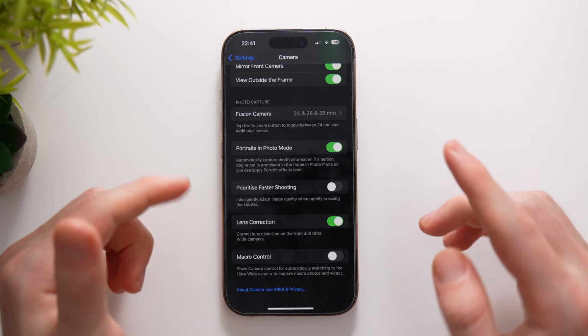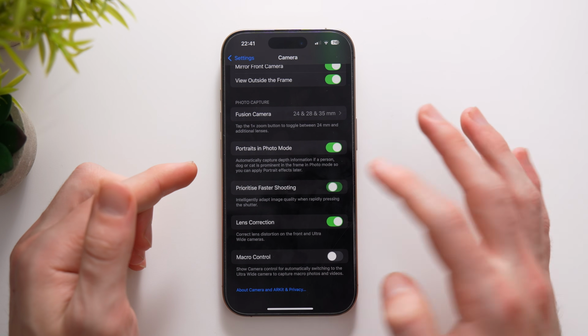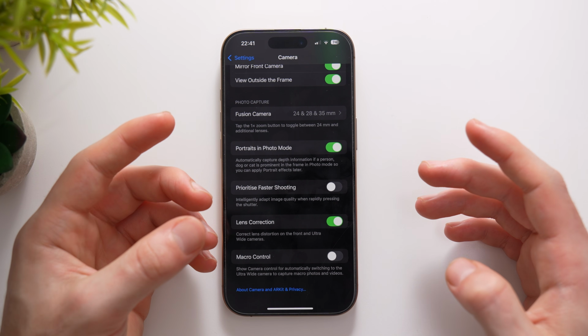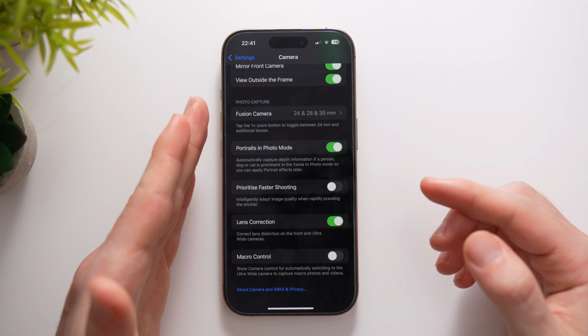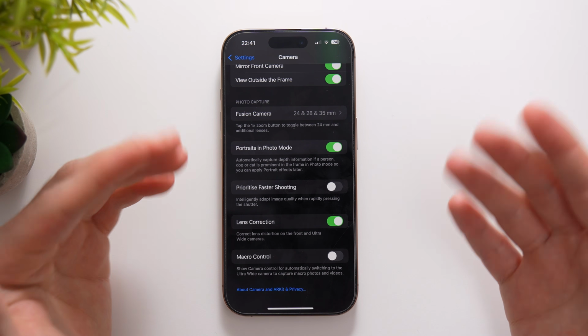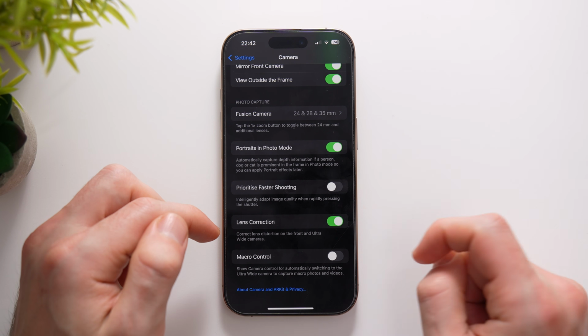And when you turn it off, which I actually think it comes turned on by default for some reason, so turn it off, you are going to take photos a little bit slower, but you are going to ensure that each one of those photos has the highest quality possible because you are going to prioritize quality instead of faster shooting. Now down here you have lens correction, which I always recommend you turn on